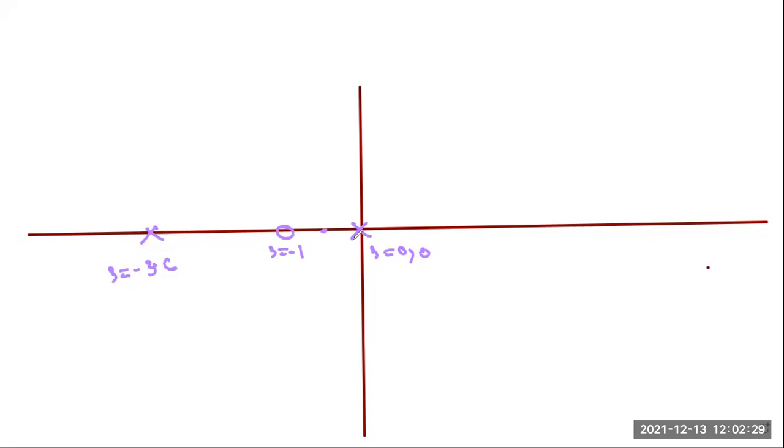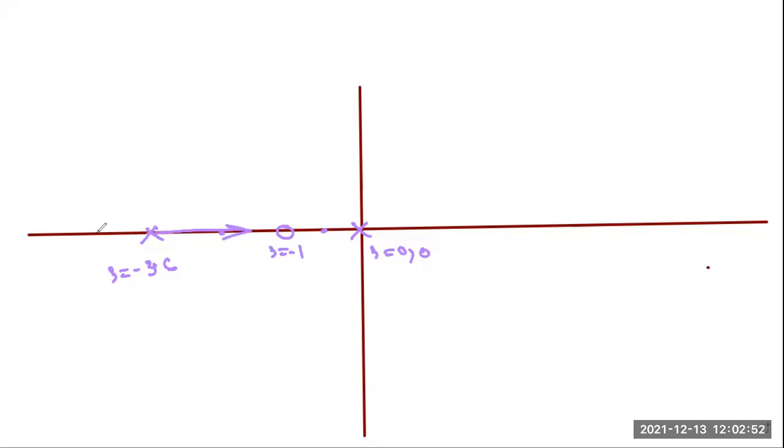There are 2 poles. So it is even. So there will not be any root locus if you take any point here. Yes, sir. So there will be a root locus, because if you take a point here, there are 2 poles and 1 zero. So poles plus zeros, that number is odd. So there will be root locus here.